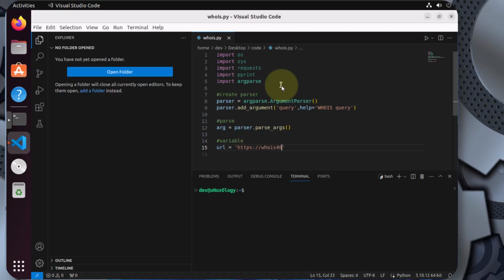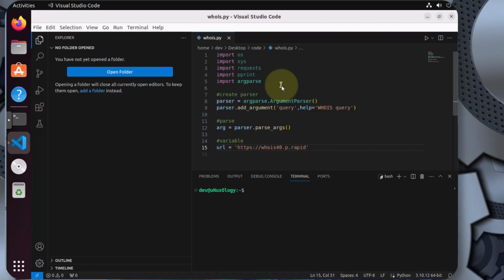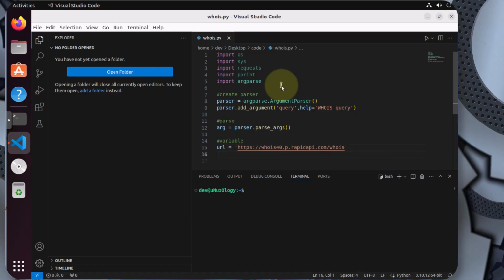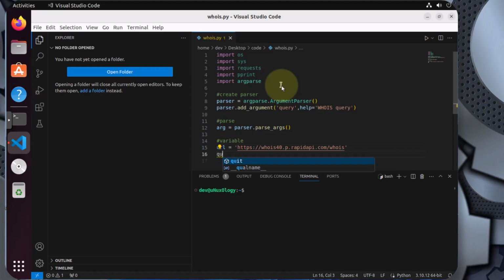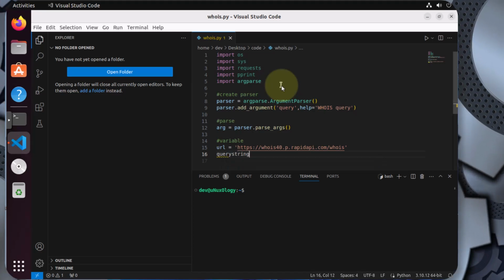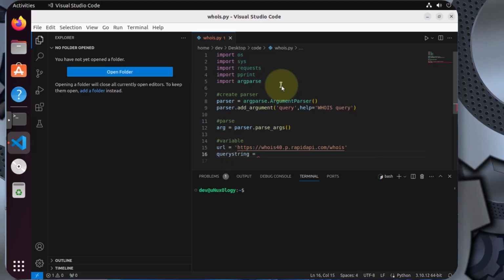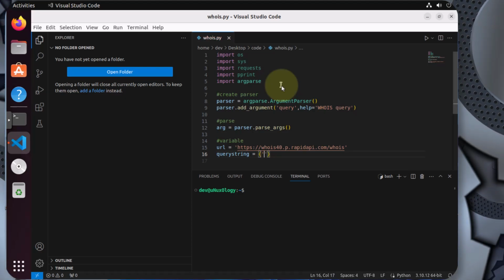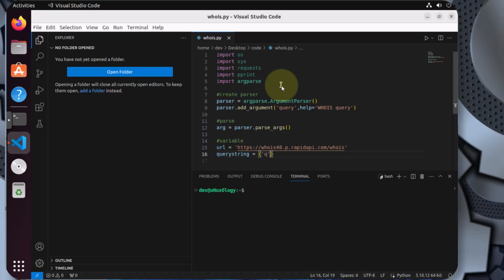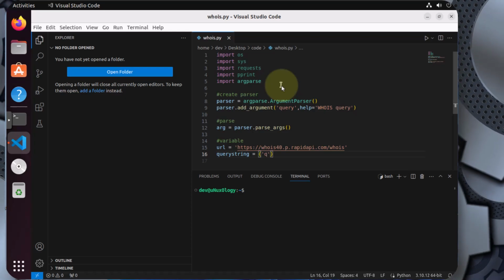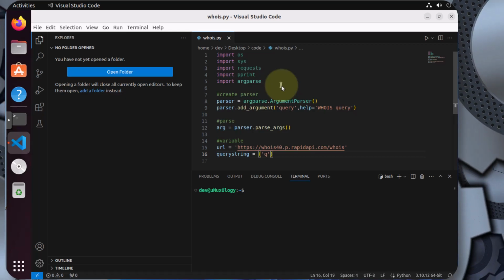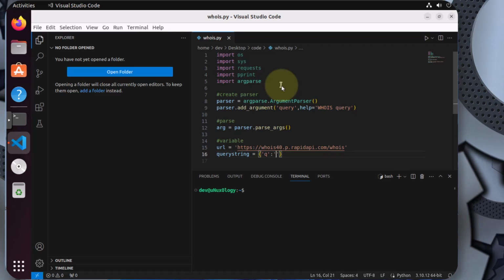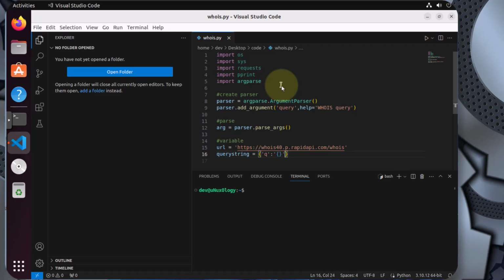Whois 40 rapid API Whois, and we need a query string, and that is defined by the API, and so they're expecting Q and then a value, right? And that value is coming from the